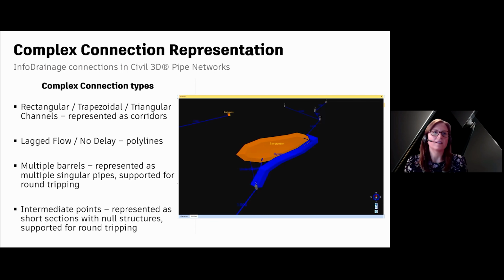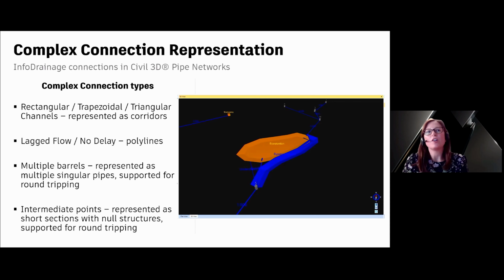Another aspect that isn't supported at the moment is multiple barrels. So within InfoDrainage, we can have multiple barrels on a pipe, double, triple, and more. These, when they're imported to the Civil 3D pipe networks, are represented as multiple singular pipes, but they're tagged so that they can be supported for the round tripping.